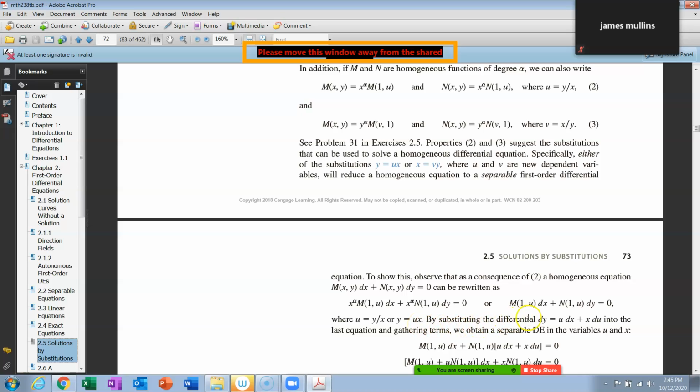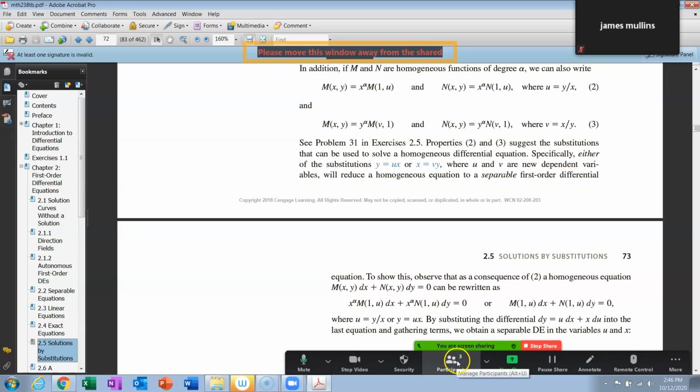By substituting the differential dy equals u dx plus x du into that equation, when you divide it out by x to the alpha, you get this form. Now, m of 1, u dx, that's the only dx part, plus